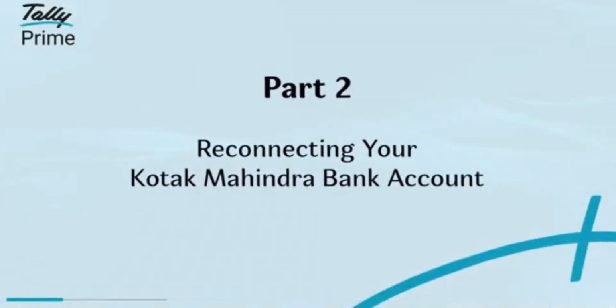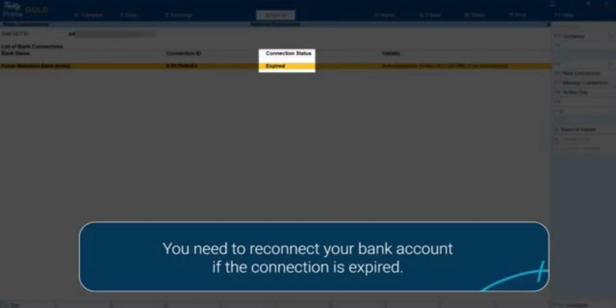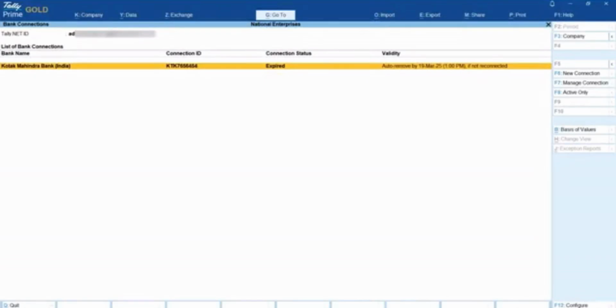Now, let's see how to reconnect your bank account. The connection might be expired after its validity. In such cases, you need to reconnect your bank account. Select the bank and press F7 to manage the bank connection.